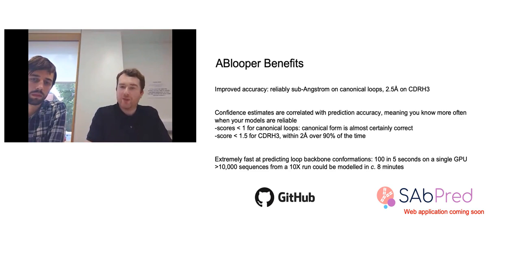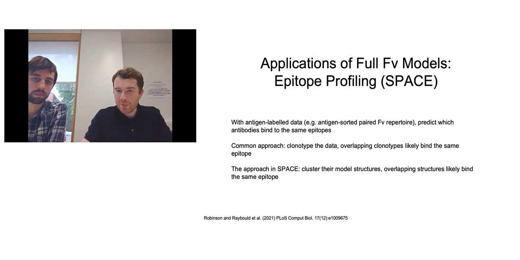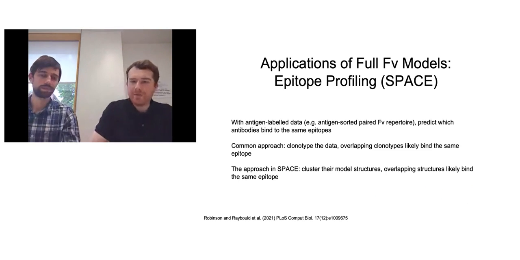And the advantage of these deep learning approaches is that if you have the hardware available, you can take full advantage of GPU acceleration, and so you can model hundreds of backbone conformations for your loops, which is a really cool breakthrough. If anyone's interested, the ab-looper code will be on our website soon. So I'll hand you back over to Matt now.